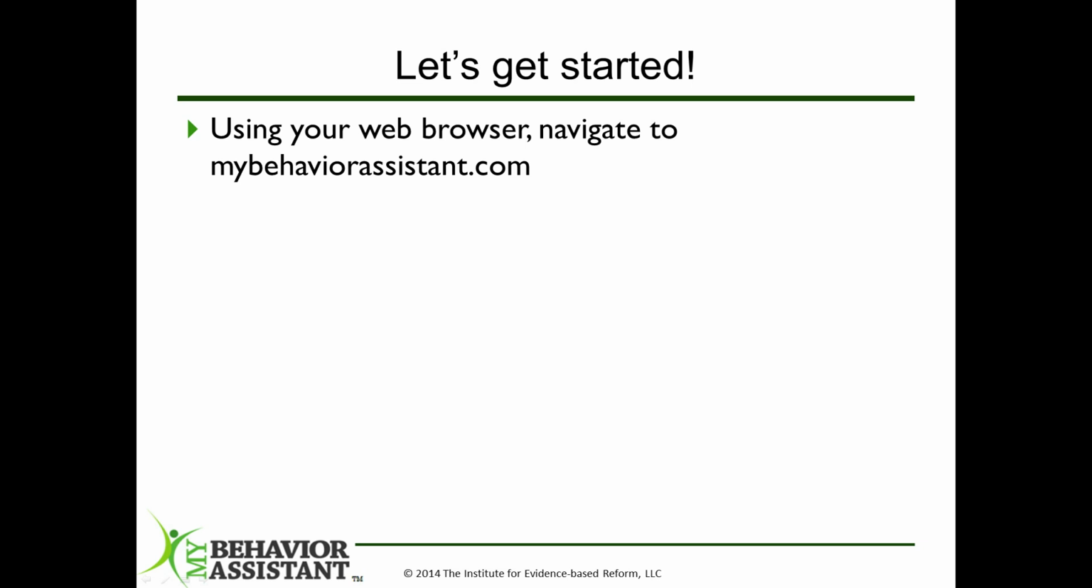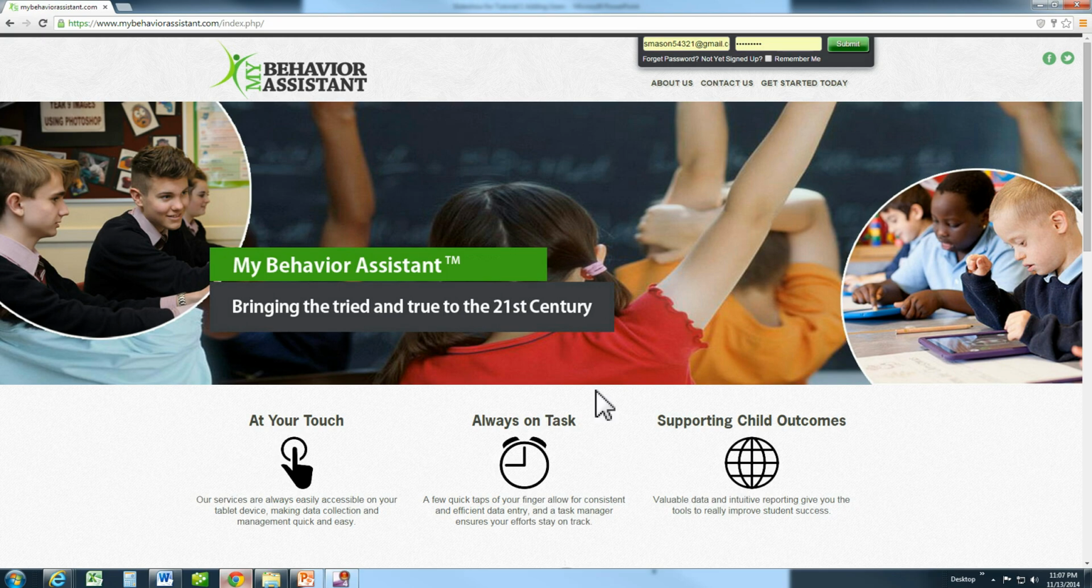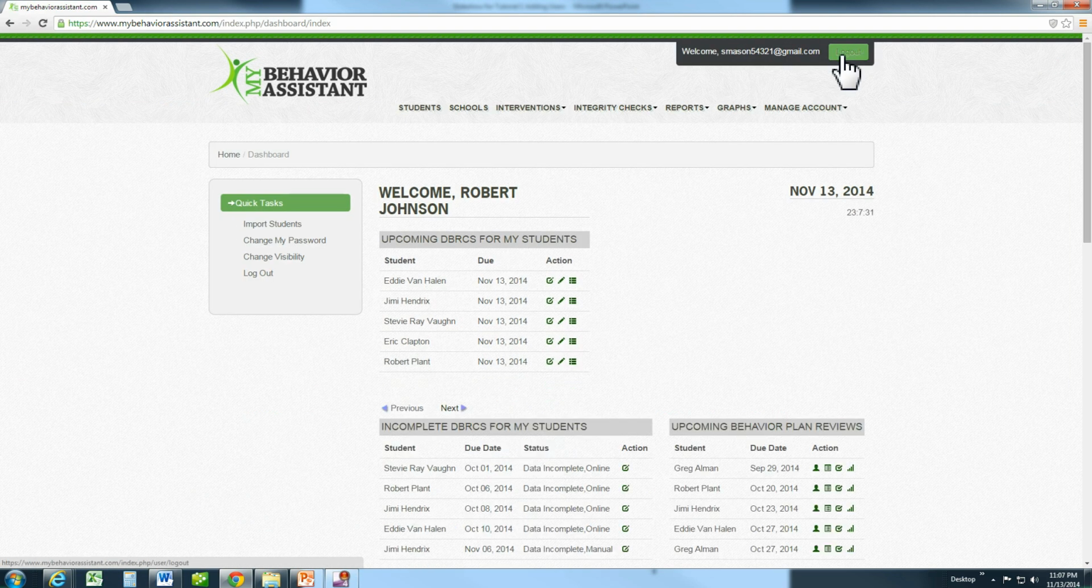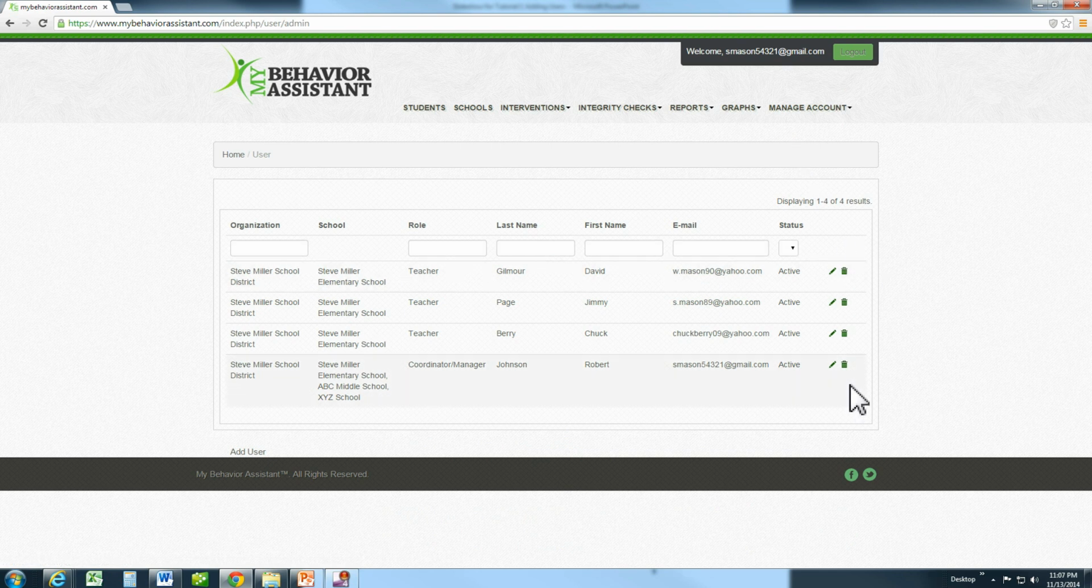Alright, now on to the easy part, accessing My Behavior Assistant and creating a new user. Using your web browser, navigate to mybehaviorassistant.com. Enter your email address and password and click Submit. From the dashboard, choose Manage Account, Manage Users. At the bottom of the Manage Users screen, you have Add User. I'm going to click on that